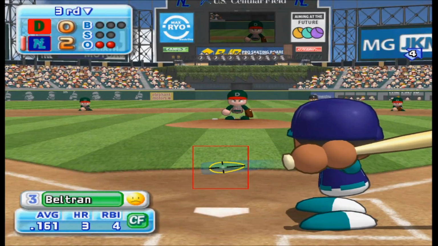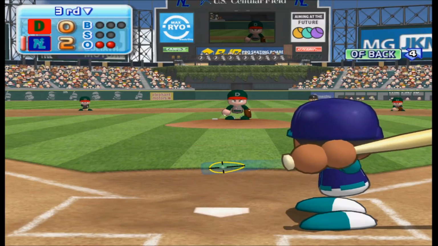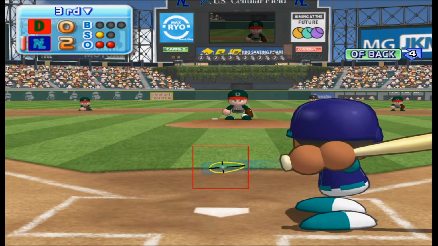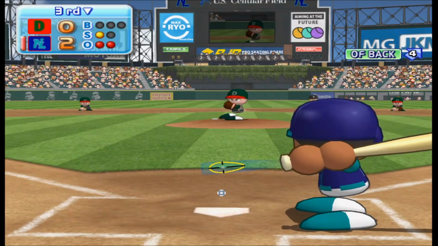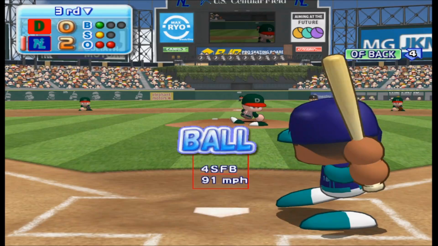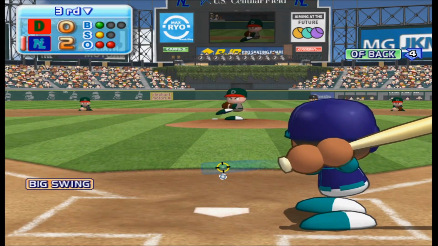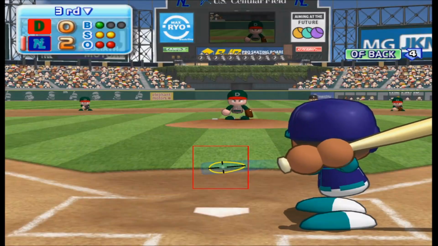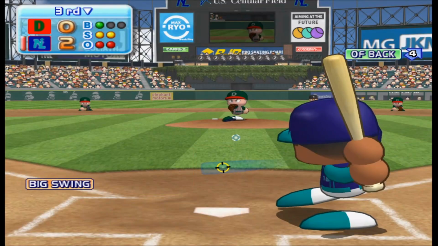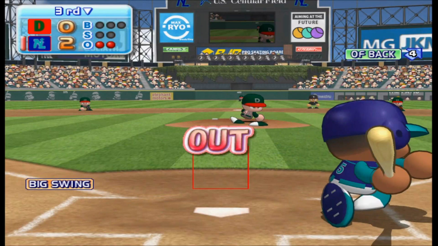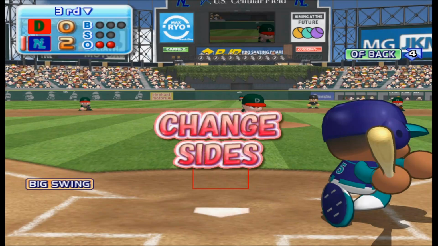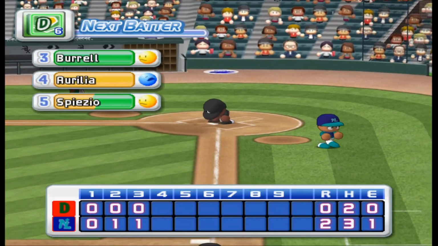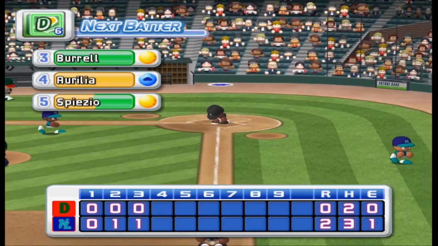Our next batter, Carlos Beltran. Here we go, the first pitch. It's a strike. He let that one go by. It's a ball. Pop up, foul. Beltran has struck out in 2 consecutive at-bats. 1 run, 1 hit, no errors. At the end of the third inning, Minneapolis 2, Edmonton 0.